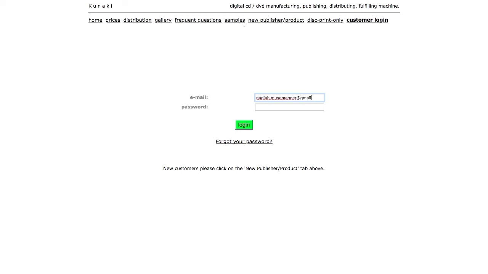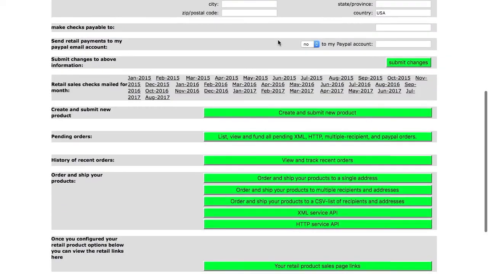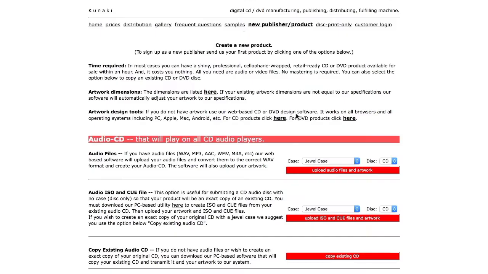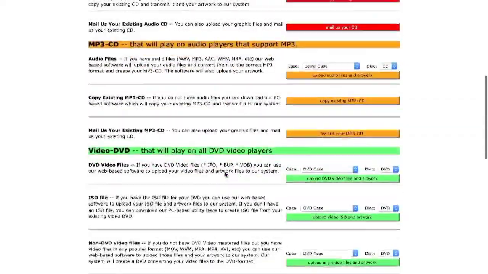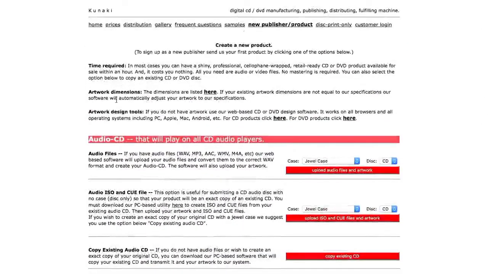When you've logged in, you can view your account details. This traces back your activities as well as your previous product creation via Kunaki. To create a new product, click on Create and Submit New Product. You'll then be directed to the Create a New Product page where you can see various options available. For now, all you need to do is focus on the first three options on the page,